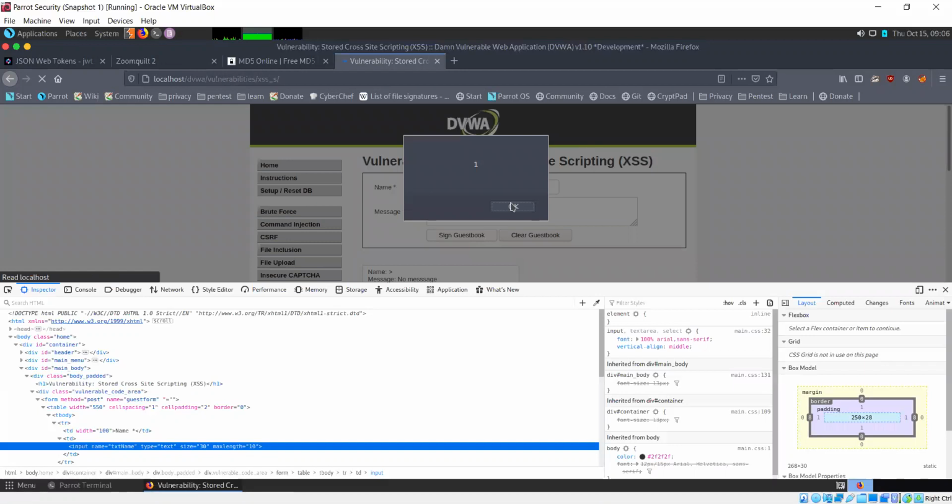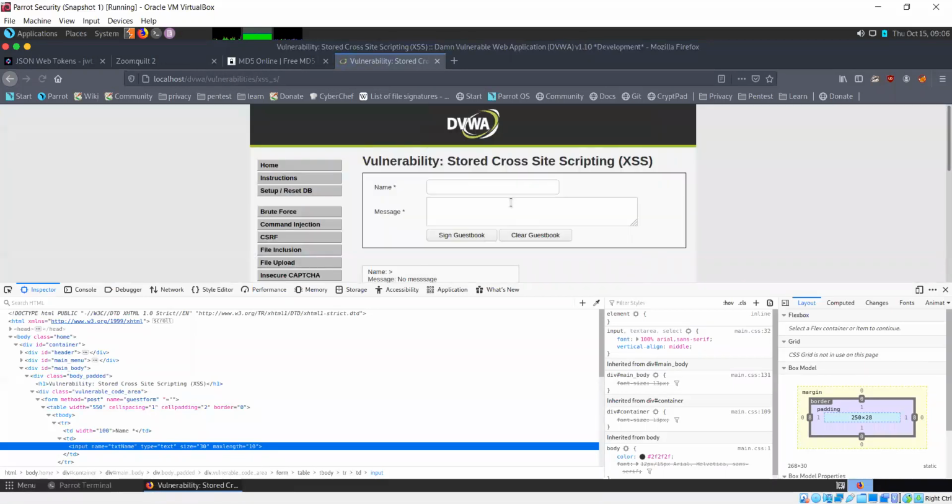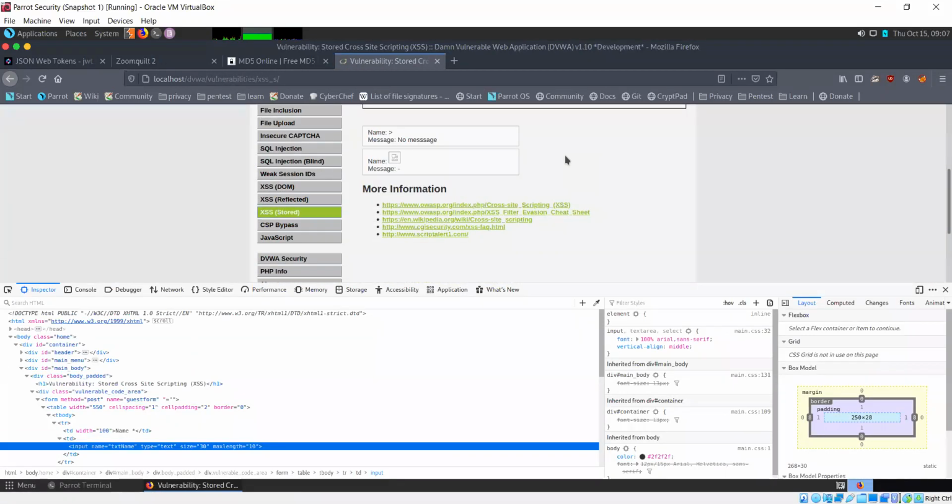So we are able to make that work. The more payloads that you try, the more chances you have of getting successful with this kind of attack.